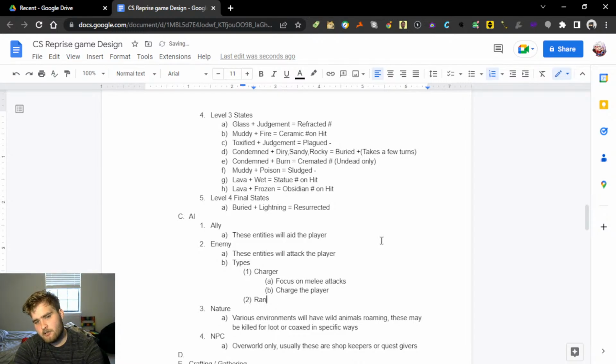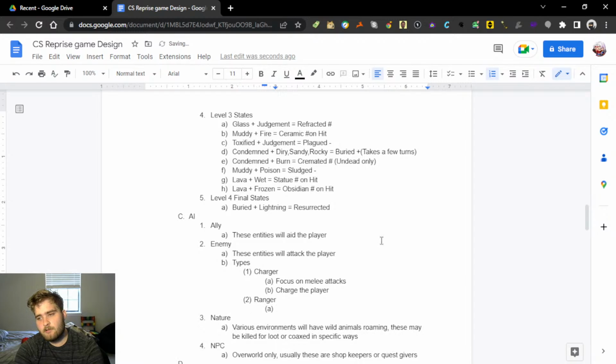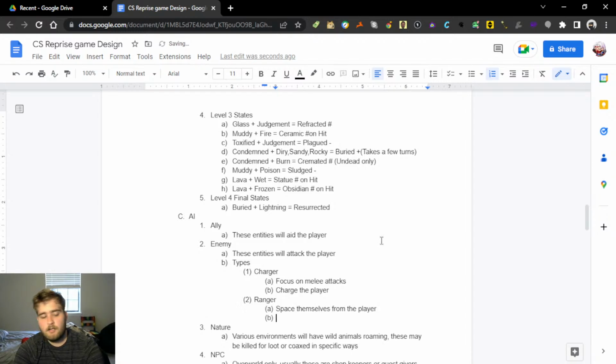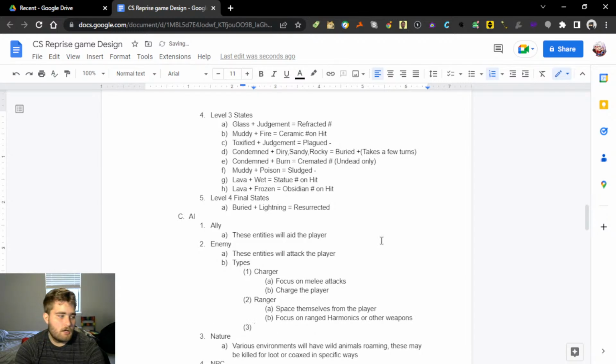We're going to have rangers, which these ones will try to space themselves from the player and focus on ranged harm, harmonics, or other weapons. And then there's a few more that I usually like to add, and these are gonna kind of be their own unique thing. So these are